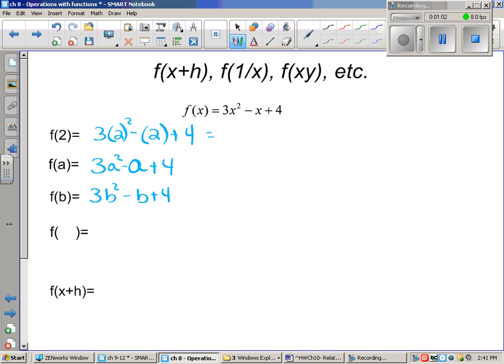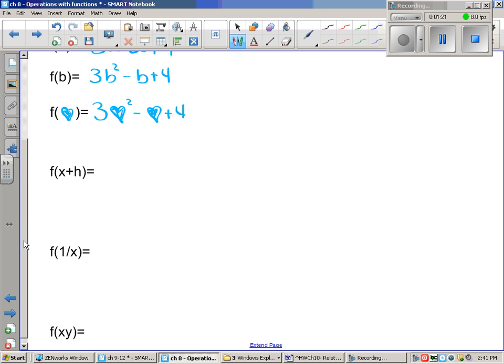Well, I hope that's the case, because whether it's purple heart or blue heart, I guess in this case I thought it was purple originally, but it's not. Let's say it's a heart, then that would mean 3 heart squared, minus heart, whatever we put there. So why is it then, if I change something and say, okay, it's x plus h, that we wig out? We just immediately freak out on the whole thing. So don't. Think of it like your heart here, that you're just going to, in place of x,